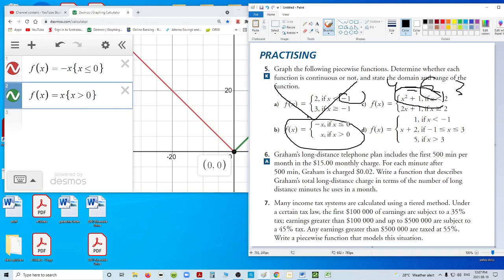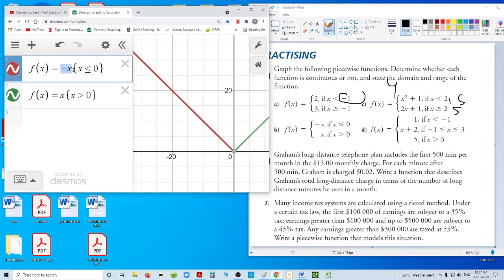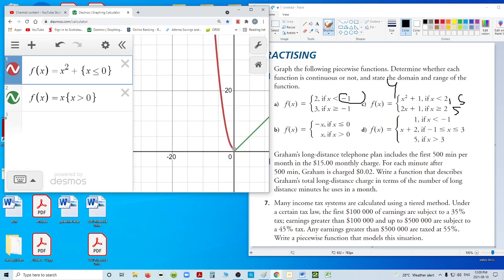Okay, what about this one? We have a parabola that only exists when x is smaller than 2, and it's elevated by 1. So that means when x is 2, 2 squared is 4, y is going to be 5. Then we have a line with a slope of 2 that's raised by 1, and when x is 2, we get 4 plus 1, 5, y is 5. So it's quite clear they're going to be continuous because this one includes the 2 and this one doesn't, so they're going to be functions as well. And that's how you see if they're continuous: where does one end and where does the other one start when you plug the x value